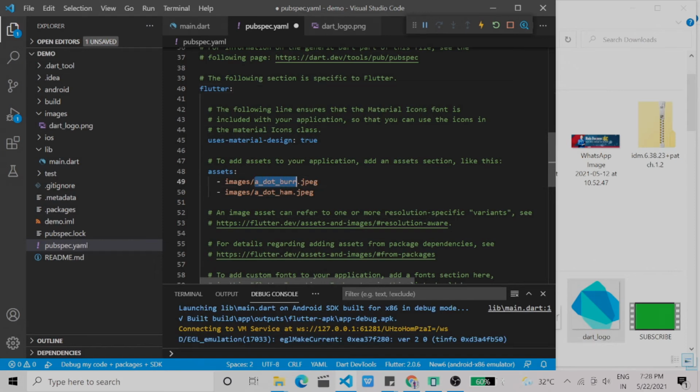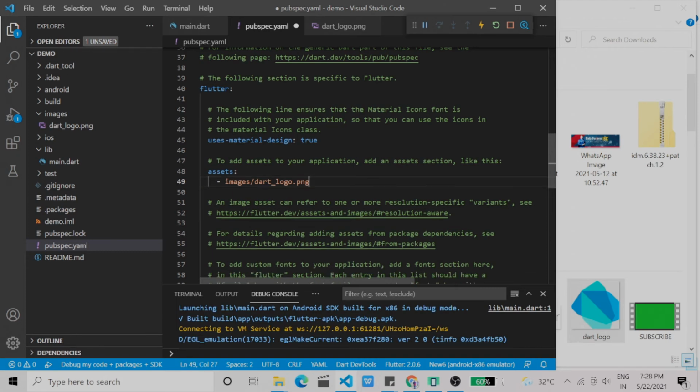Now change the image name to your image which you stored inside the images folder. I have stored it as dart underscore logo dot png, and remove the below image. Now save it.